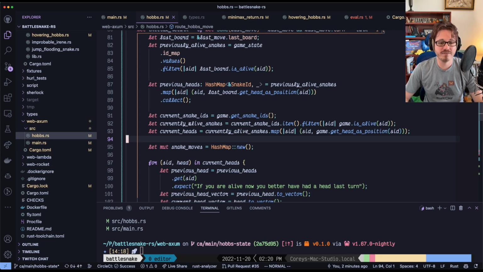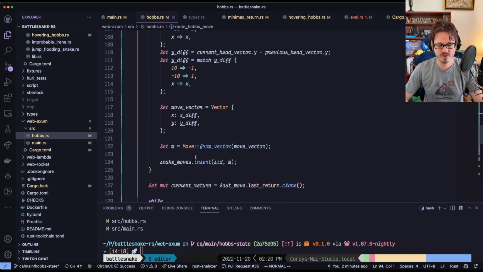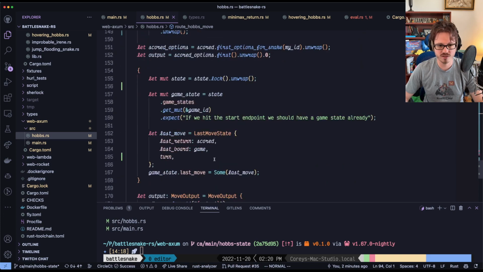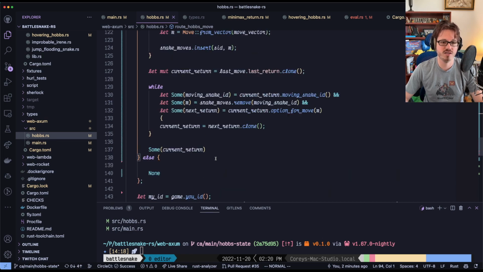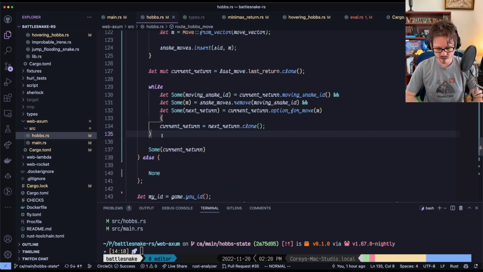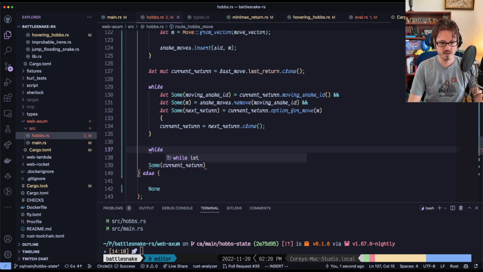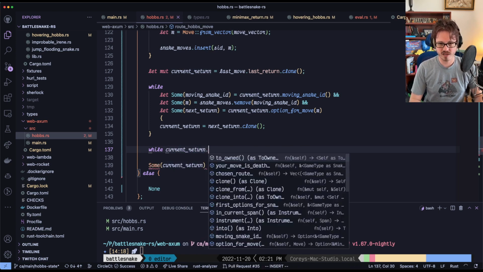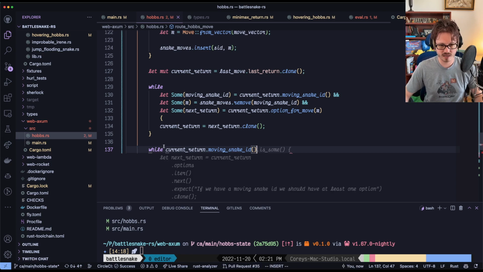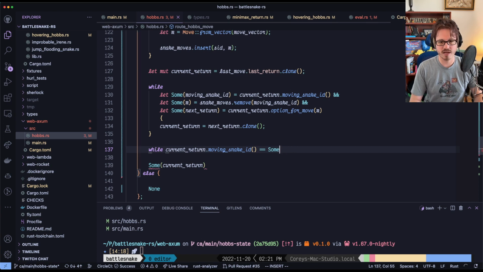And they don't have to match because a snake could die, and if a snake dies, they're just not in my thing because I use current heads here. So I think the other thing that I need to do is, when I'm pulling the things off, which is here, I want another loop after we've done that that says while, do I have a UID? I'm going to hope so. While current return dot moving snake ID is equal to some UID. Oh, is not equal to